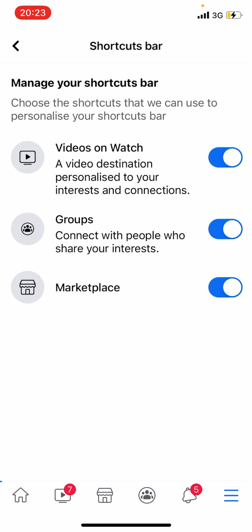So here, so basically that's how to add your Facebook Marketplace, or how to fix your Facebook Marketplace not showing